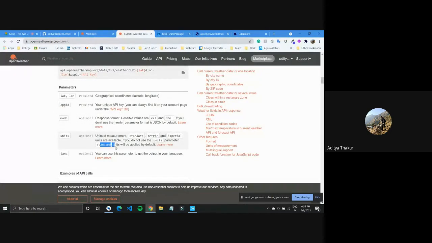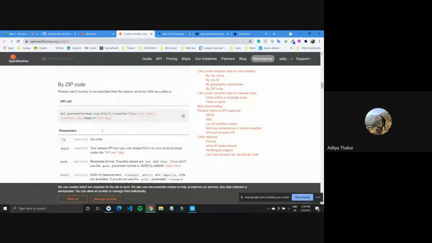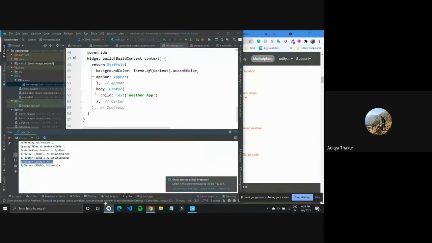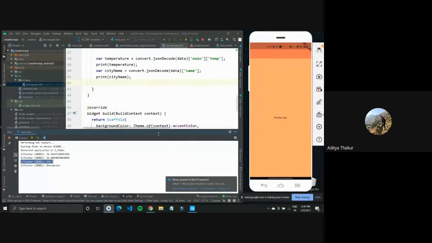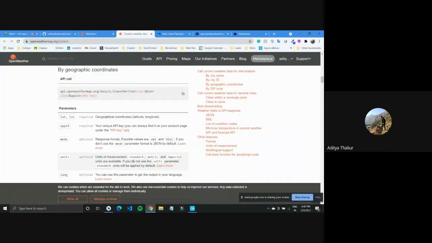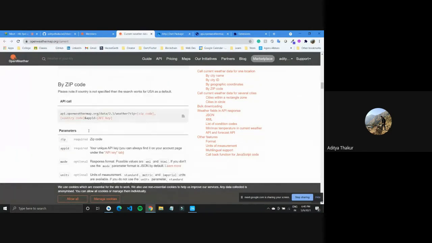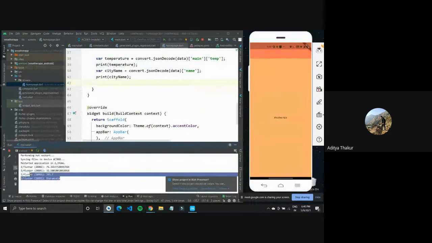Units. Okay, you can define those units, and these could be given as properties at the end. You can tap in and just give the property. There are a lot of things that you can do. You can define these units, the mode that you want it in. If you don't want it in JSON, which is the default, you can tap into XML and HTML. And yeah, that's about it. So you can have fun with these features, but for now let's just go with the default values.